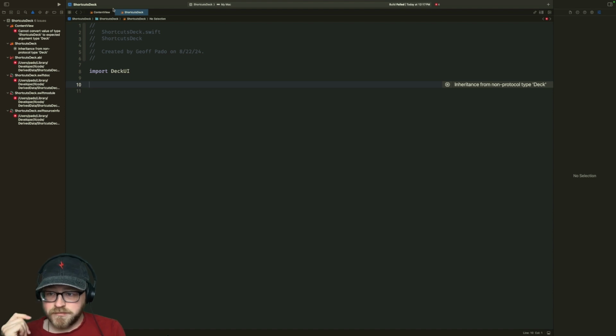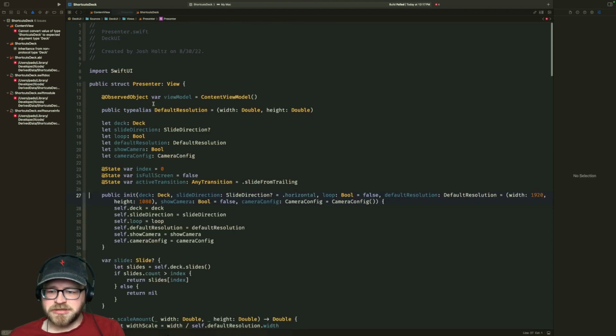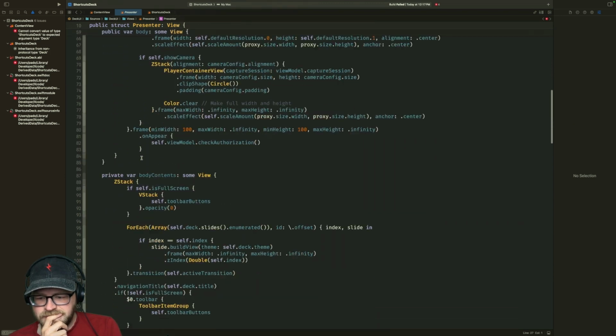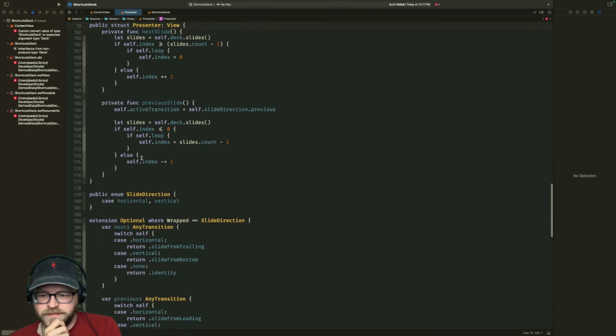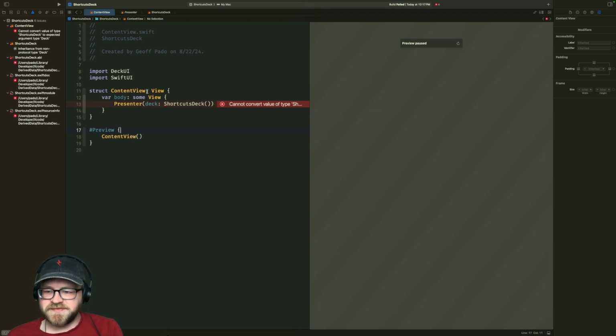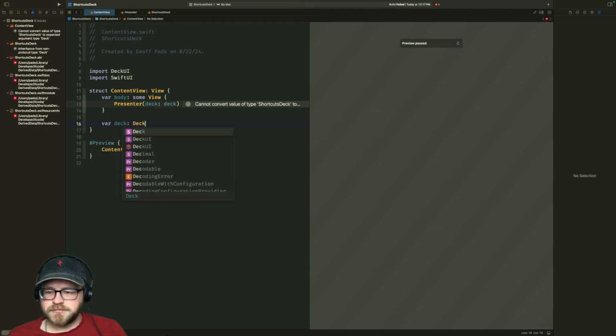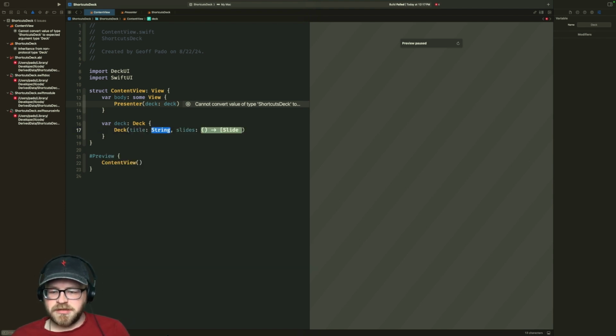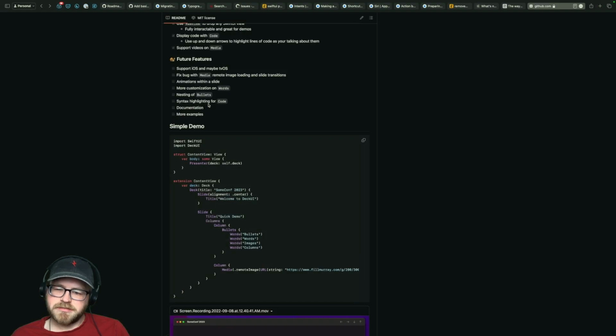I wish presenter took a closure that we could do. I guess not. That's fine. Yeah, see, this feels like this should be using protocol builders and all the things. Oh, I guess it might do.